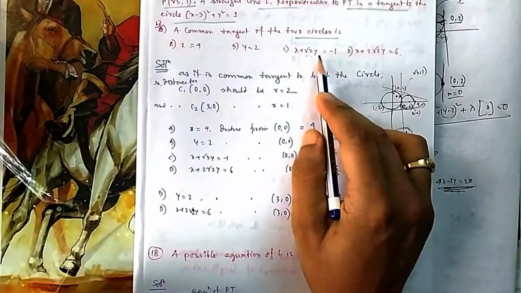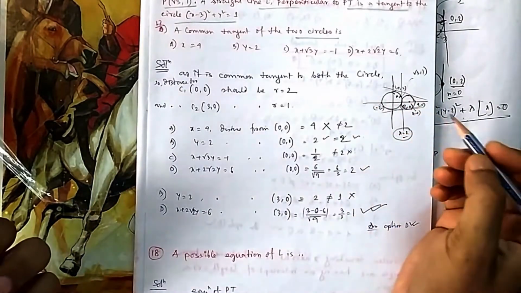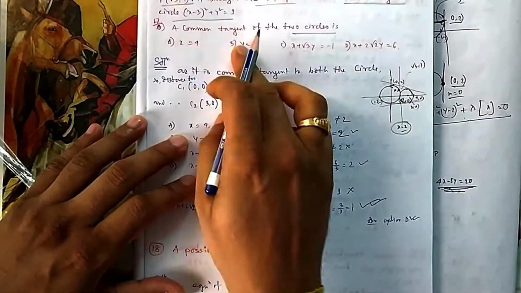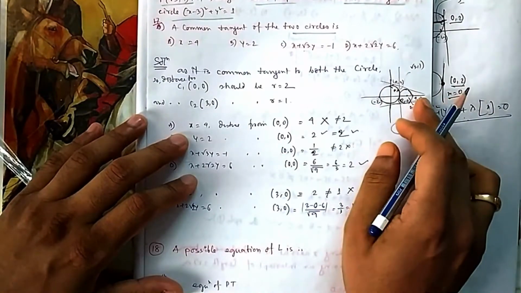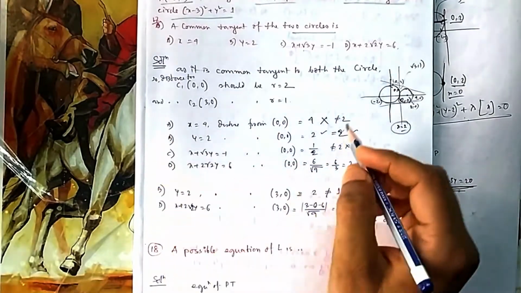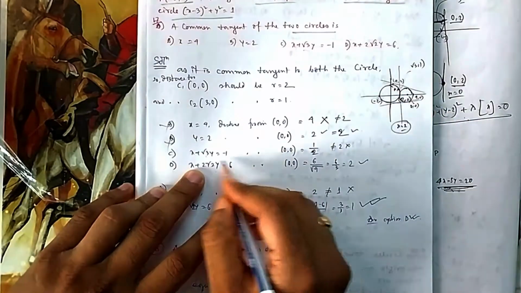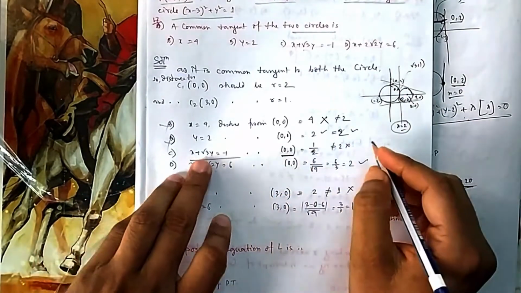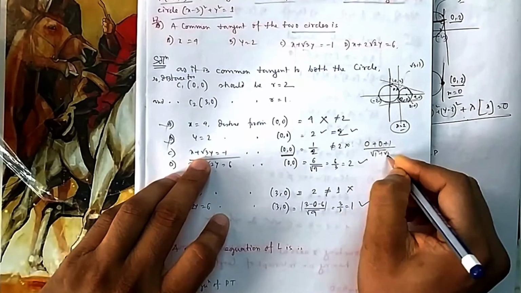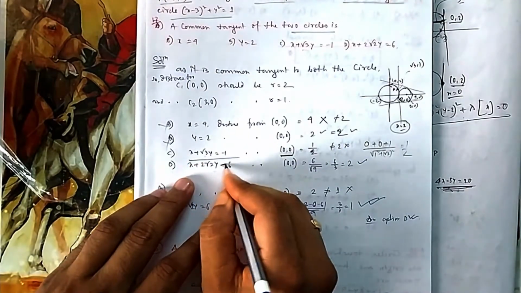Now you can see this common tangent has the distance from the center has to be equal to radius. So you can check with this one. These two have already gone. By drawing, by seeing also you can neglect these two, and from these you can calculate one by one. Suppose if I forget about these two, if I come here, so distance from origin should be equal to radius. So what is the distance from the origin? (0, 0). What you will do? 0 plus 1 divided by under root 1 square plus root 3 square. So this is 1 by 2, which is not equal to 2. From this point if you take, it is minus, then it is 0.